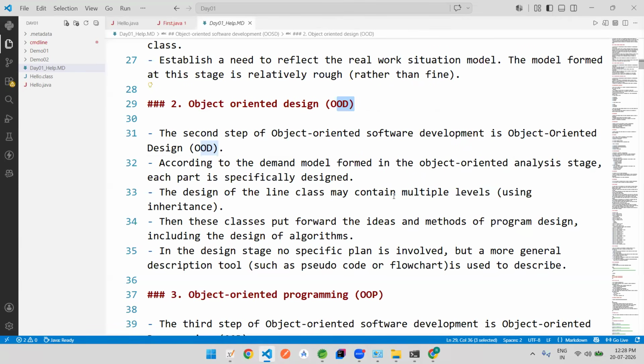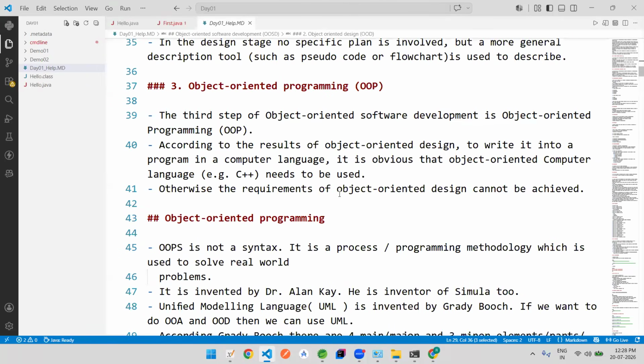आपके ऑब्जेक्ट ओरिएंटेड सॉफ्टवेयर डेवलपमेंट के सेकेंड स्टेज में। आप सॉफ्टवेयर डेवलप कर रहे हो, while developing the software you are going to follow some stages. पहले स्टेज में you will analyze it, number of objects that are going to, number of different objects that will be created. सेकेंड स्टेज में जो ऑब्जेक्ट्स बनने वाले उनका डिजाइन कैसे होगा, how the objects are going to look like, what are the fields that are going to be there inside. And once it is done, then the third step comes up, where you decide which programming language will suit better over here. कि ये जो डेवलपमेंट में करने वाला हूँ, ये जो एप्लीकेशंस में बनाने वाला हूँ, वो कौन सी ओपी की लैंग्वेज के थ्रू बेटर हो सकती है।